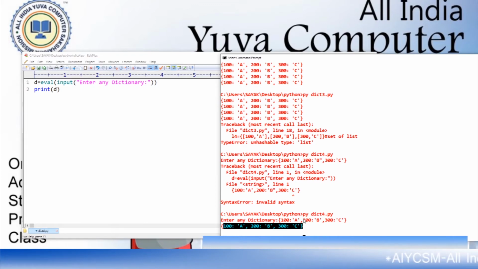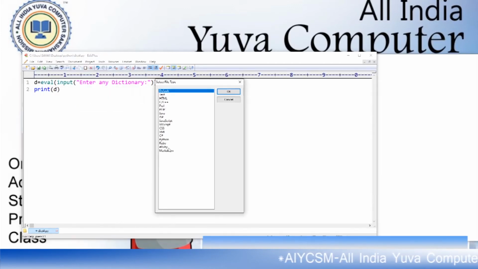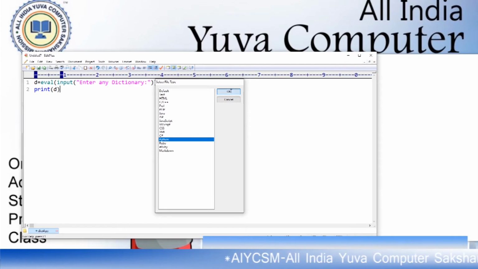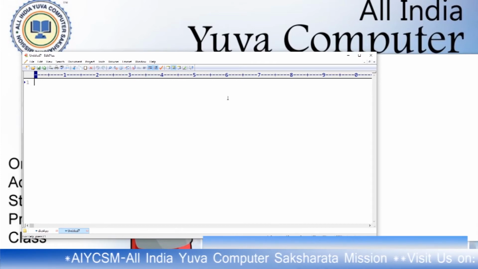Okay, now how to access the element of a dictionary with the help of key. We can access the value of a dictionary with the help of the key.